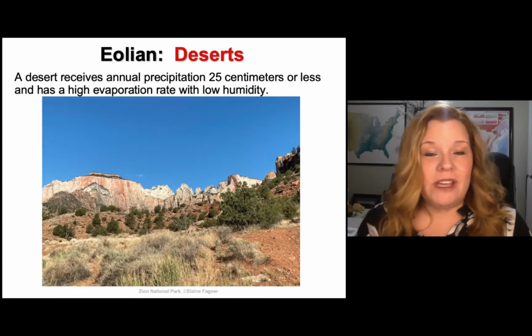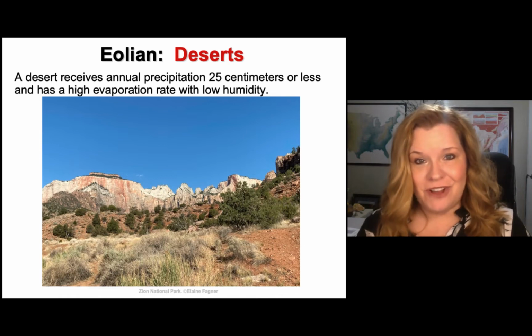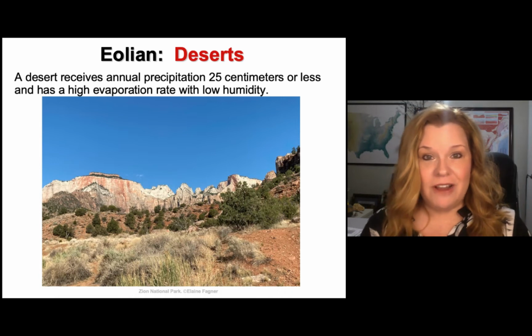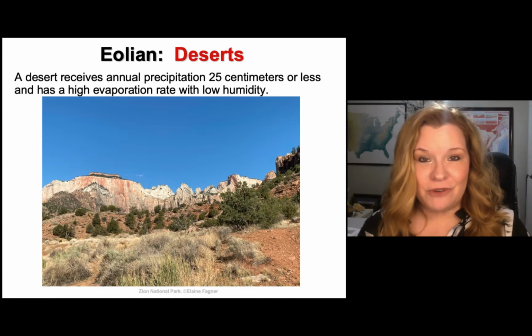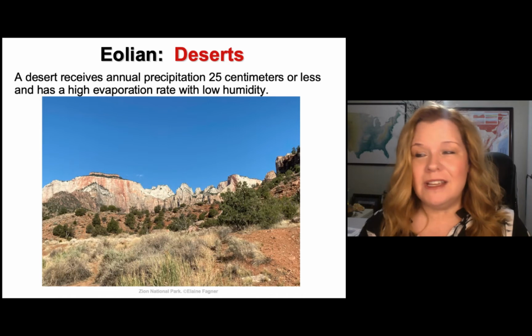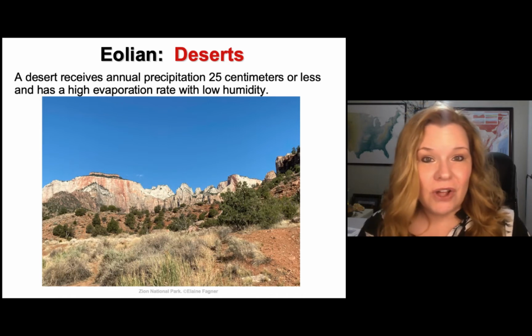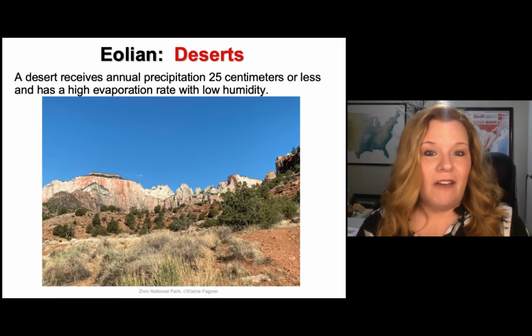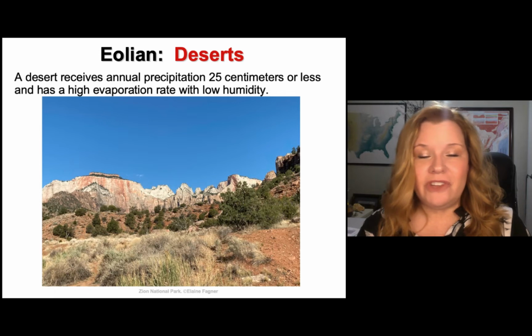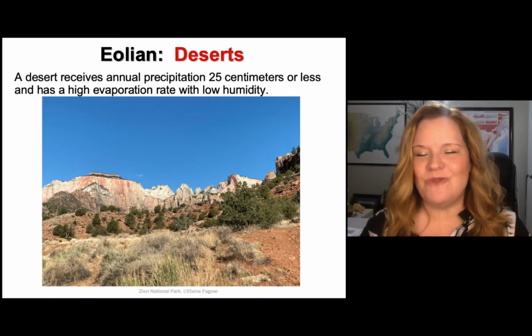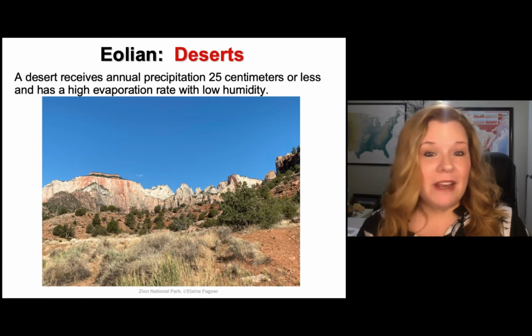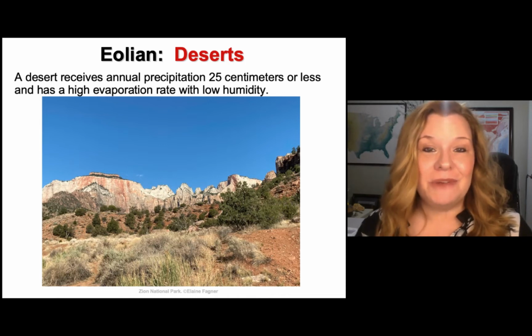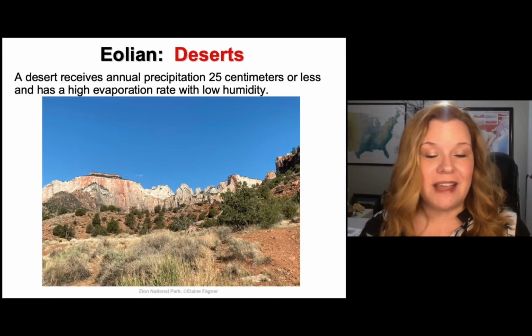I absolutely love desert environments, Aeolian environments. In fact, I may very well retire somewhere out near Zion National Park, Ruidoso. I might even consider somewhere else in Utah or Arizona. And the reason is I love the landscapes. The geology is just phenomenal. But it came from somewhere, and that's where I want to start today.